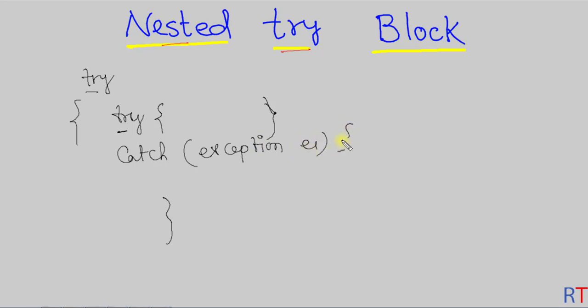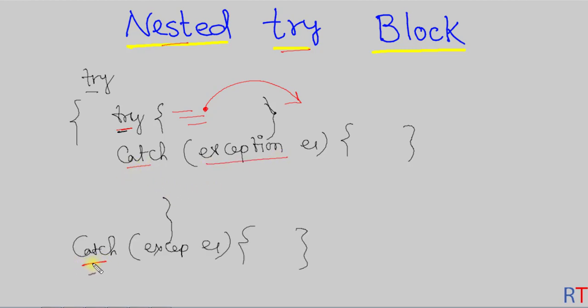So whenever an exception is generated in the inner try block, the exception object will be thrown and handled by the inner catch block. But if there is no inner catch block, then the outer catch block will handle the exception thrown by the inner try block. The nested try block is used because when there are multiple lines of code and they generate